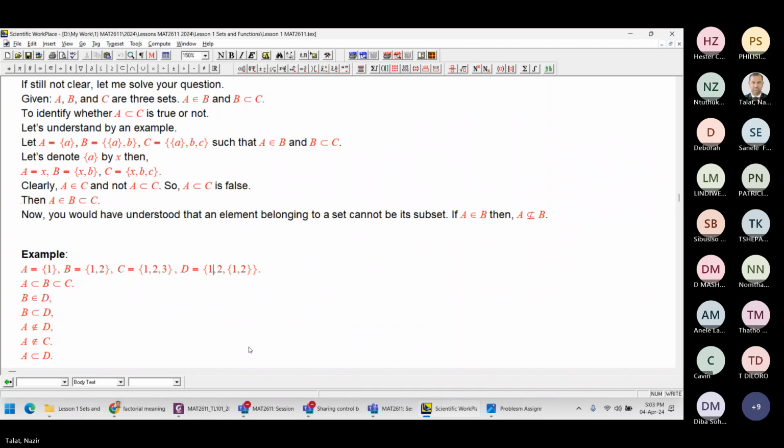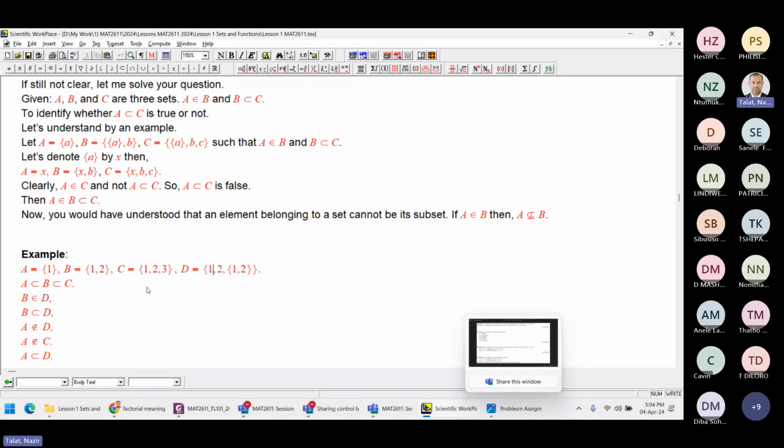Sir, can you hear me? Yes. Can you please give an example from this same example, but with a condition where maybe A is not a subset of B, or whichever set you choose, just to give an example of a condition of not being a subset of something? Not a subset of something. Yes, you can see that, for instance,